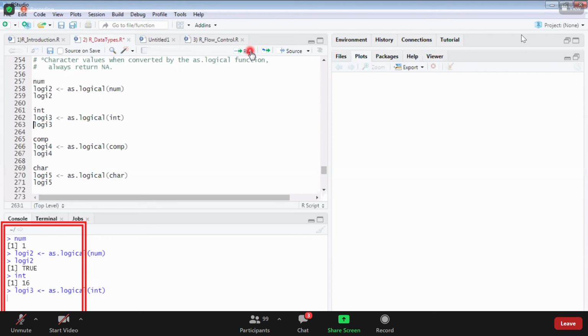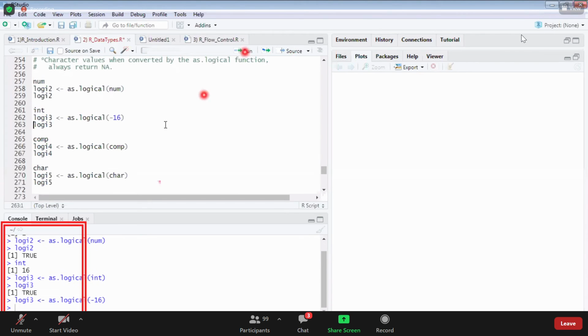Number is 16, I get true. Suppose number is minus 16, what will happen? True. Suppose number is minus 0.5. True. Anything is true except 0.